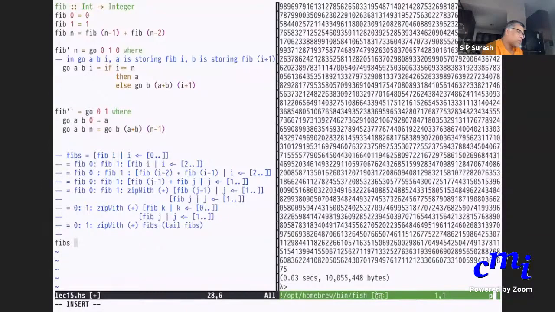Fibs, list of integer. And I will define it as fibs equals 0 colon 1 colon zipWith of plus on fibs and tail of fibs. Okay, great.